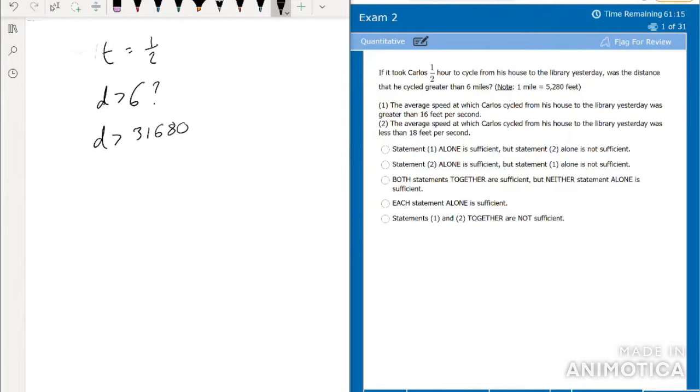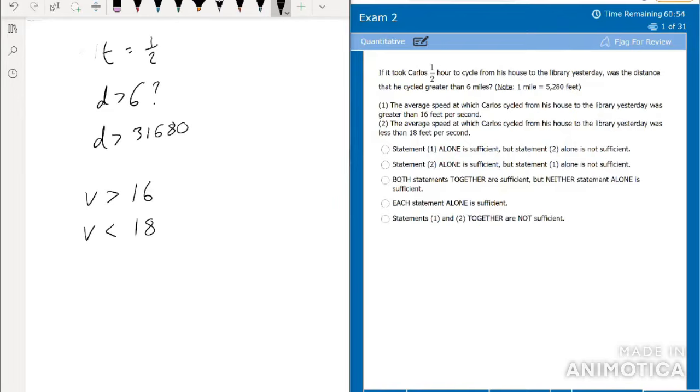Yep. Okay, and then 1: the average speed was greater than 16 feet per second. Okay, so v is greater than 16. And v is less than